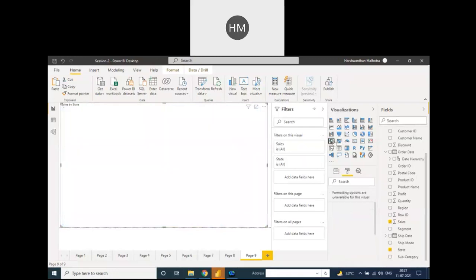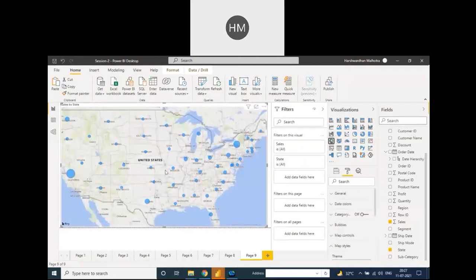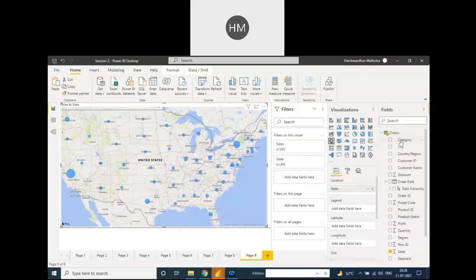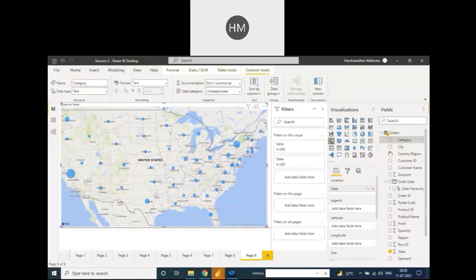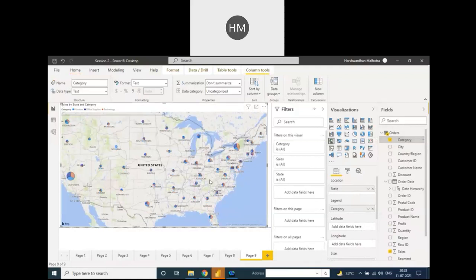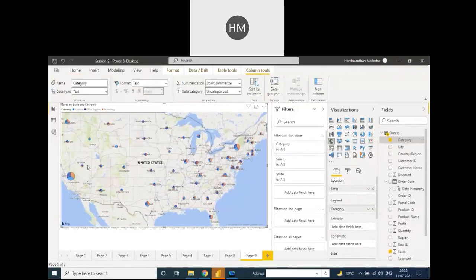Right now I will show you the map chart with a pie chart. I mean, in this bubble area, I need to put some pie charts. What is a pie chart? A pie chart is a circular chart under which all the categories are shown. Select the chart, go to Fields, and see there is a Legend option. So you need to put the category into the legend.